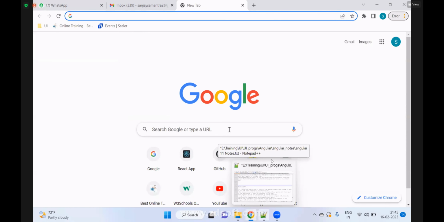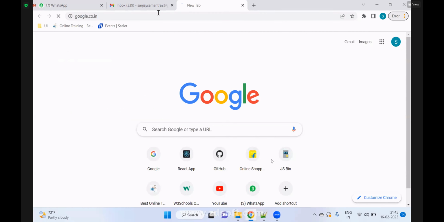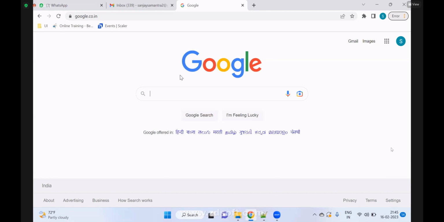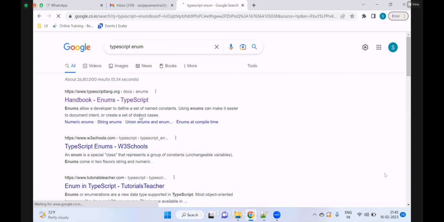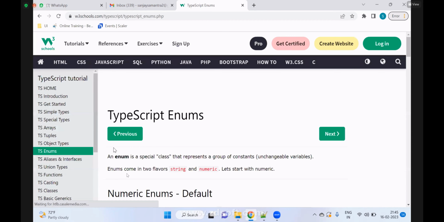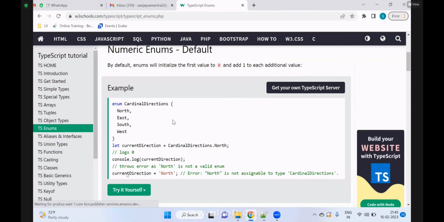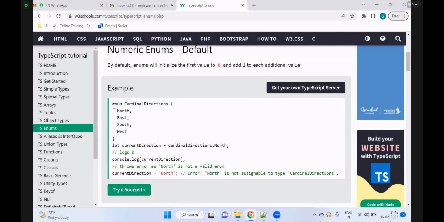It's similar to an object, similar to an array, but not 100% an object. Let me quickly show you also. In an object, we will have let user is equal to object key and value, key and value, right? But here it's not like that. Here we directly write enum. This is the enum name. The values are north, east, south, west. Now if you say cardinal directions dot north,